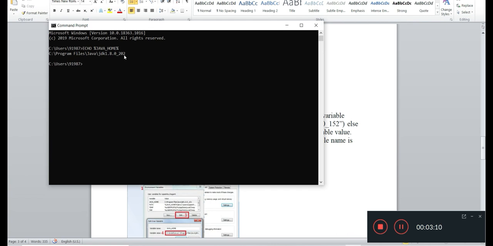As you can see, the value is correctly set in the system variable JAVA_HOME. Similarly, we'll check the Path variable.